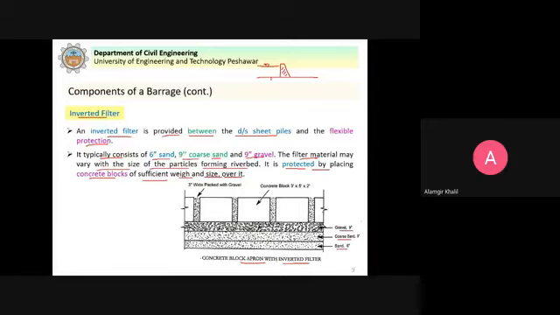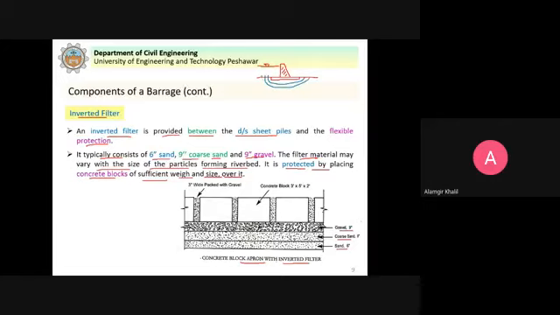So what happens is that when it is constructed on a pervious foundation, seepage of water will take place. So the water will seep below and it will travel and it will appear here. So this is basically nothing but a streamline, and this will continue like this.